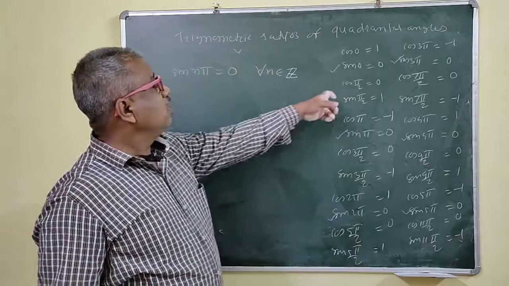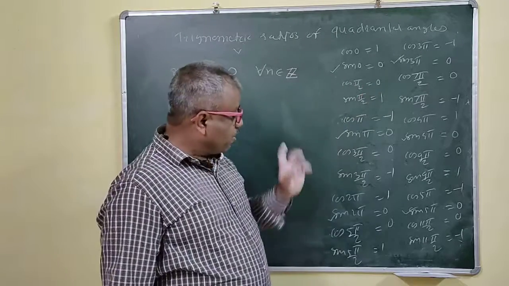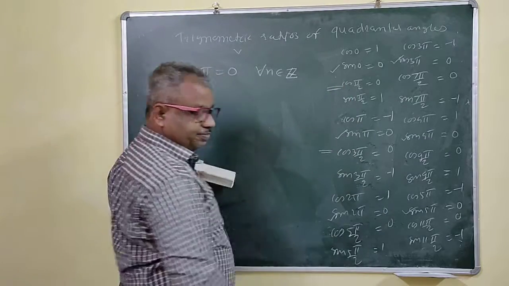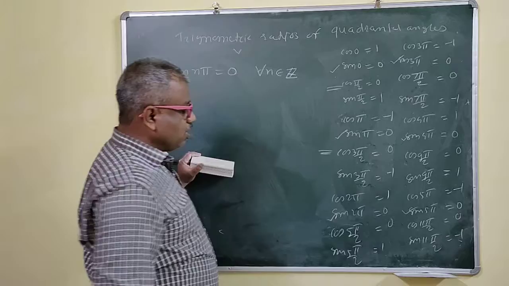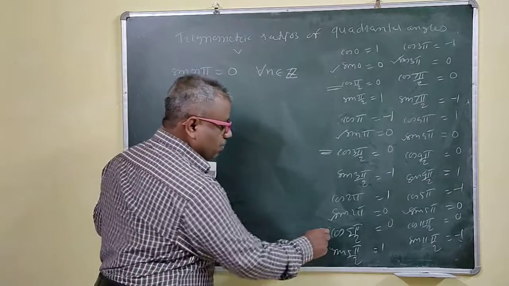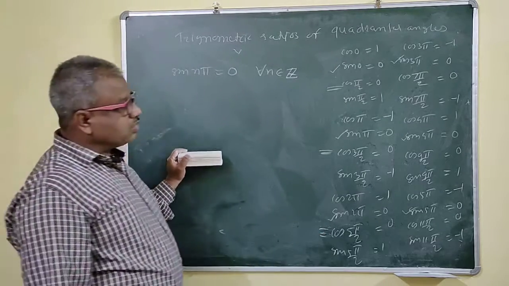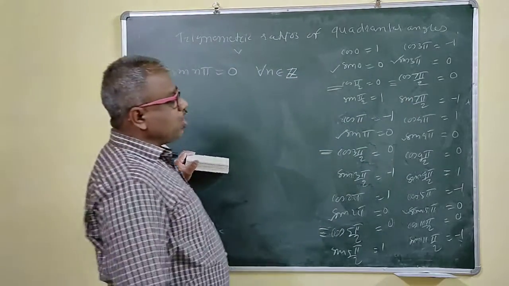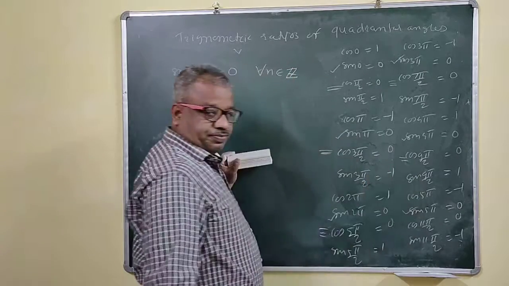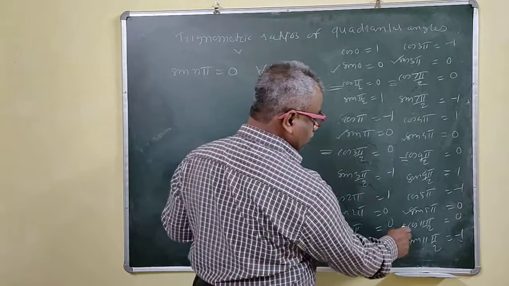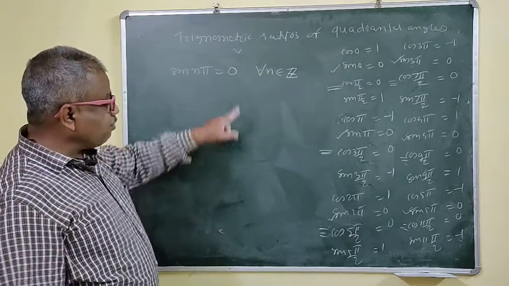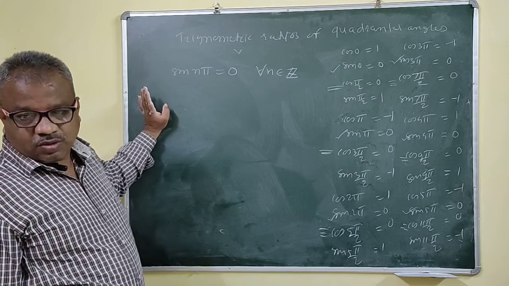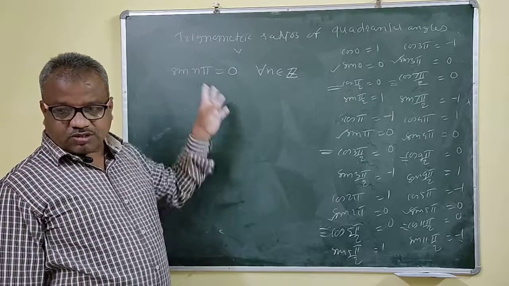Now see, this is what? Cos pi by 2 is 0. What is cos 3 pi by 2? Cos 3 pi by 2 is here. This is 0. Right? Cos 5 pi by 2. See. Cos 5 pi by 2. This is 0. Cos 7 pi by 2. See. Cos 7 pi by 2. This is 0. Right? Cos 9 pi by 2. This is 0. Right? Cos 11 pi by 2. This is 0. Right? Because at r times pi by 2 you are on the y-axis. R times pi by 2, you are on the y-axis. And on the y-axis your x coordinate is 0.